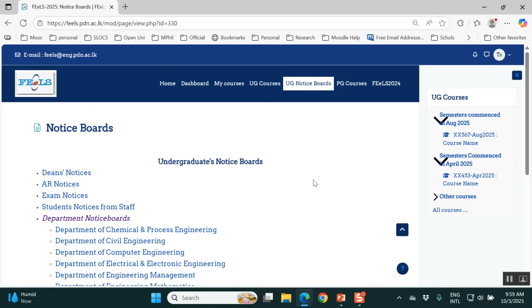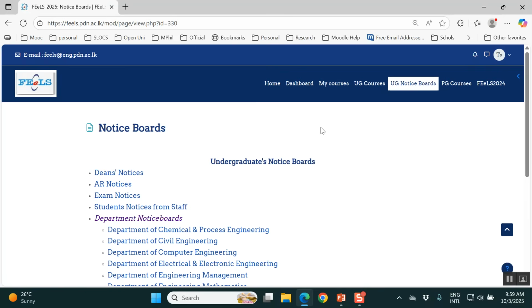First semester we'll give it as bulk access, and for the other semesters you have to complete the course registration if you want to get access to the FEeLS courses, right? And then the important links on this menu are the dashboard and the my courses. When you click dashboard,